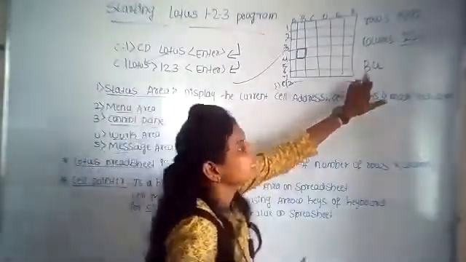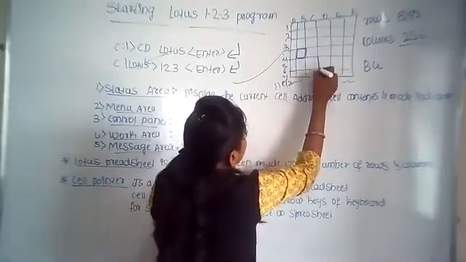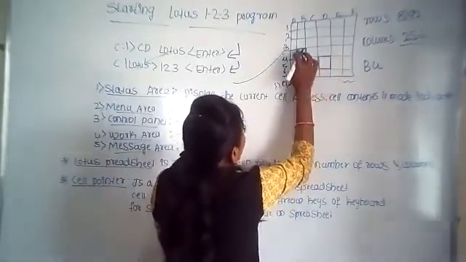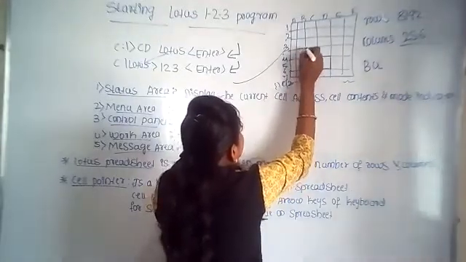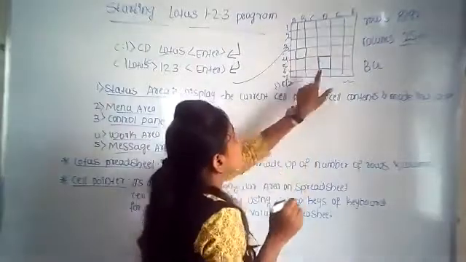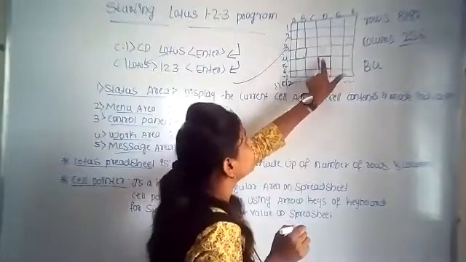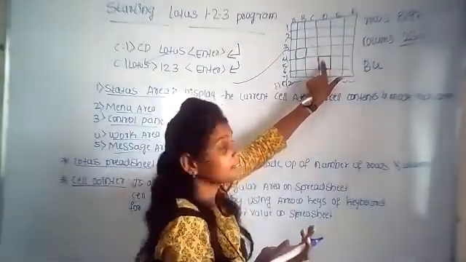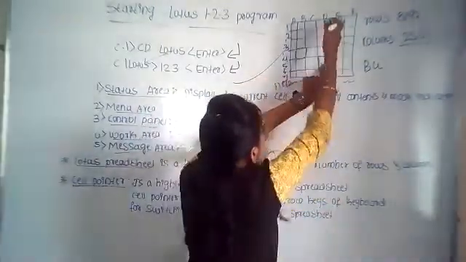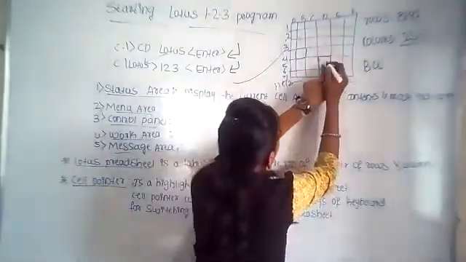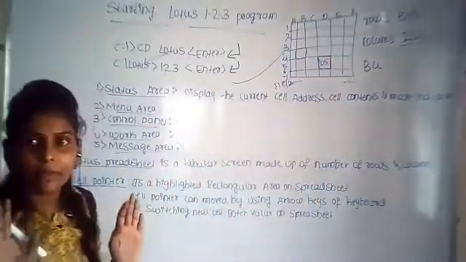Address means what? This, the name. Assume that you entered here, automatically this cell is deactivated. So this is the current cell now. This one is the current cell. The name or address of this current cell is, it is in the fifth row at the D column. So the name of this cell is D5. Getting or not what am I explaining here?